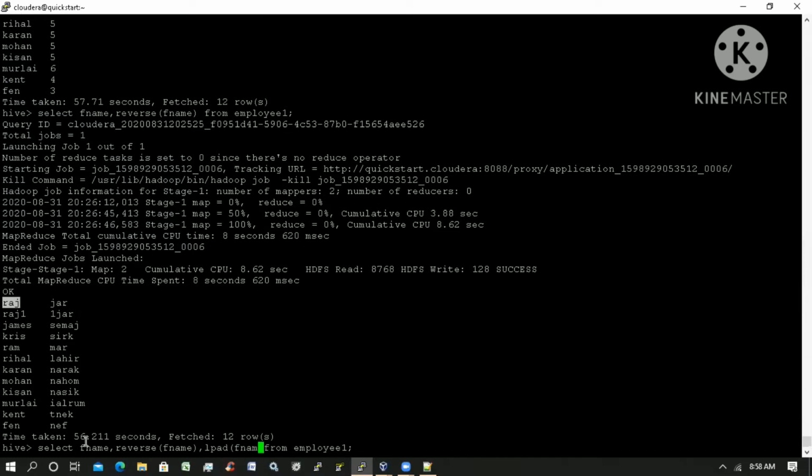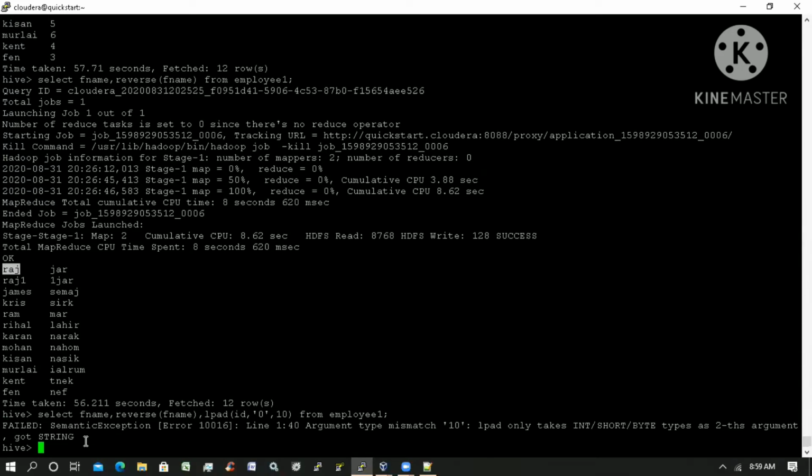For example, the first name or ID padded with zero to make 10 digits. The ID is the string here.